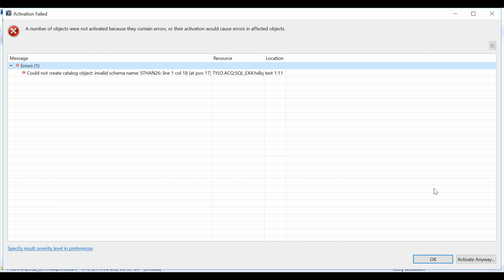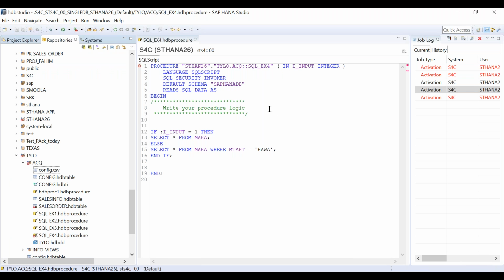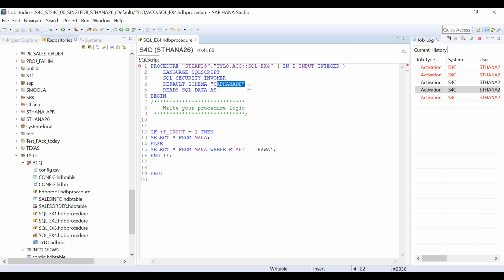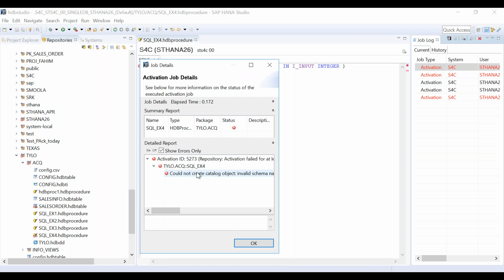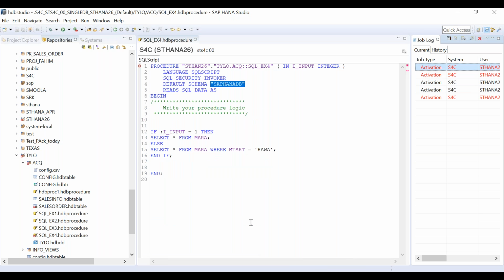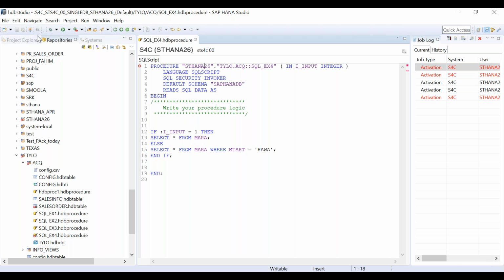Invalid schema name. What happened? The schema name is not this. One minute. SAP HANA DB. Yeah, that is the one. What is the issue here? Oh, the target schema spelling is wrong. You see here, ST Han 26 I have given. It is ST HANA 26, okay? Now save,